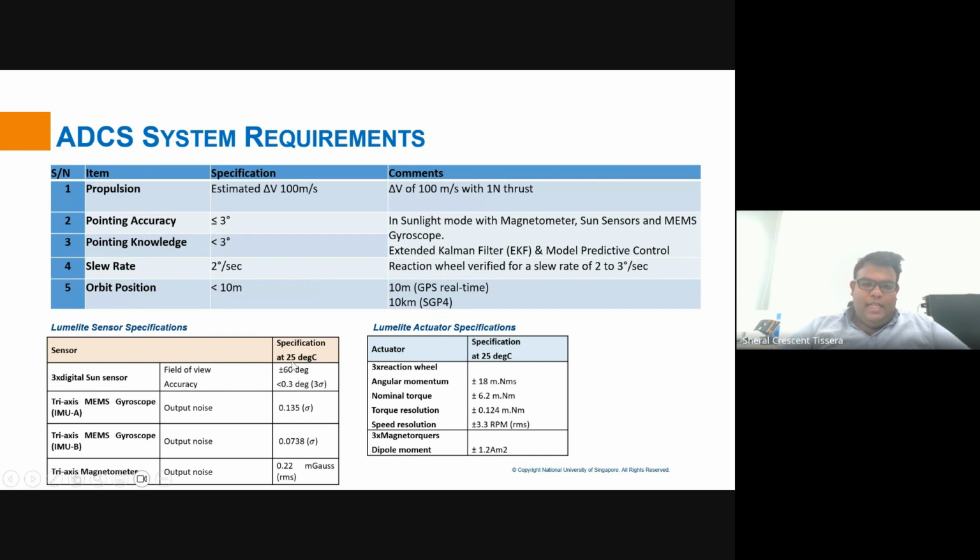The two tables in the slide summarize the sensor specifications as well as the actuator specification. So firstly, we have three sun sensors, or we call it the fine sun sensors, with an accuracy of 0.3 degree at 3 sigma. Three sun sensors were selected such that we have the required field of view to conduct